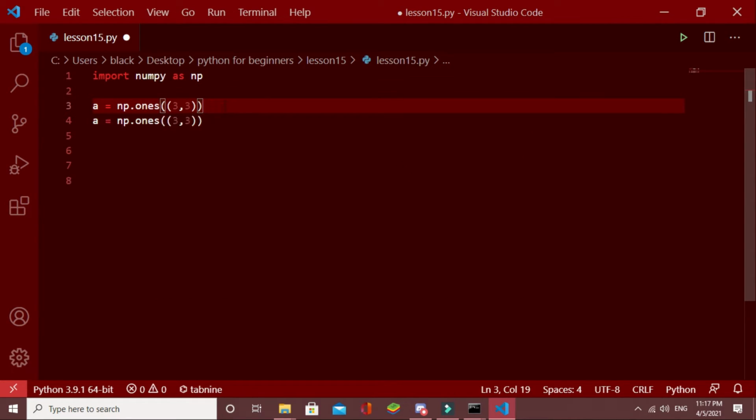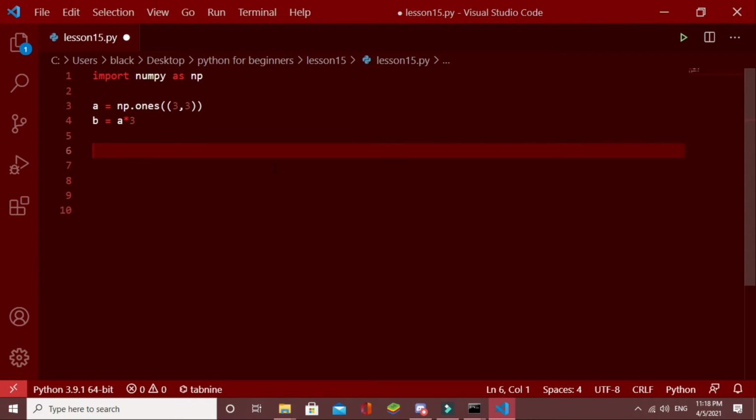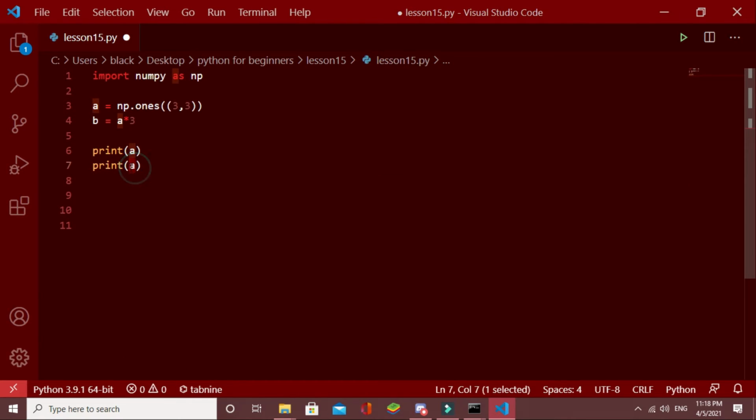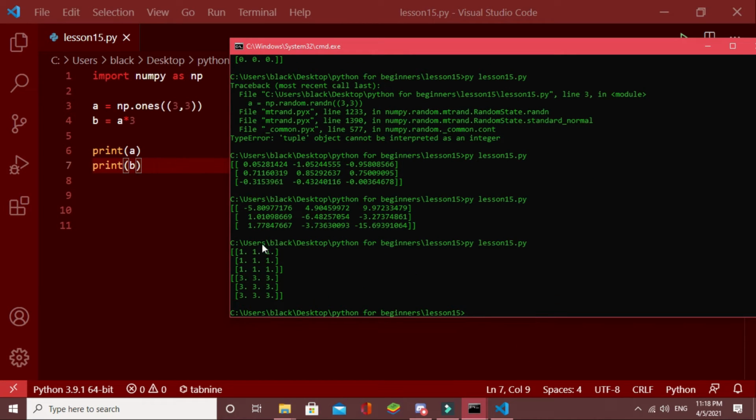I will do the same thing again, and here I will take another matrix called B, and B equals A into 3, which is a matrix filled with 3's. If I print them out, print A, and I will print B here. Let's see the output. As you can see, first one has 1's, then the second one has 3's.